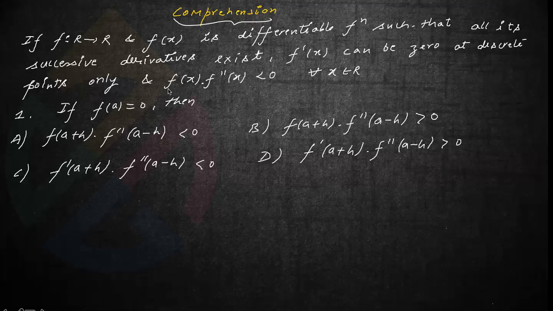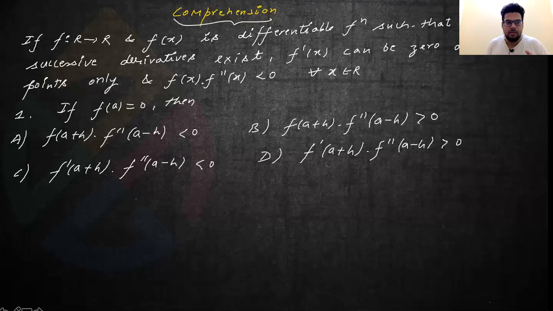So if f of 0 equals 0, f of a equals 0, then which of the following is correct? So we have to find out this. Do try to make use of the graph, right? So try to understand, and we have already seen some of the things, how we are able to tackle these kinds of problems. So try to start solving it. So first of all, at this point A, we have f of a as 0 basically. So a is one of the roots of the function. So now let us have the x-axis. This is the x-axis. So here, this is the point A.